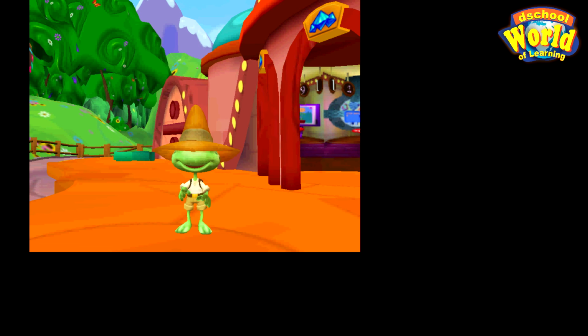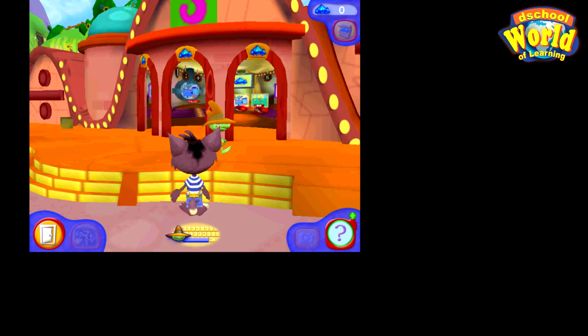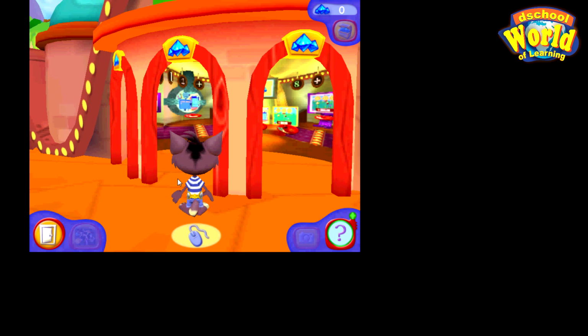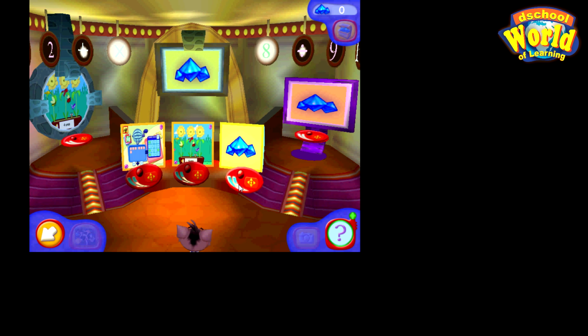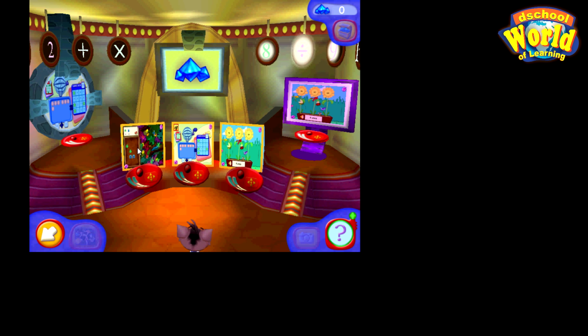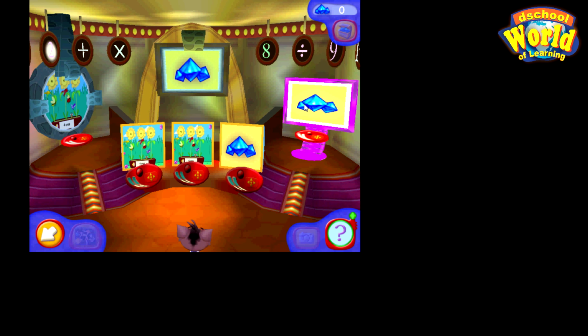Go inside the Math Arcade by walking through the door. You need to earn a blue gem by winning a math game. So you walk inside the door. Inside here, you need to click on any of these monitors. Click on any of these screens that are changing.